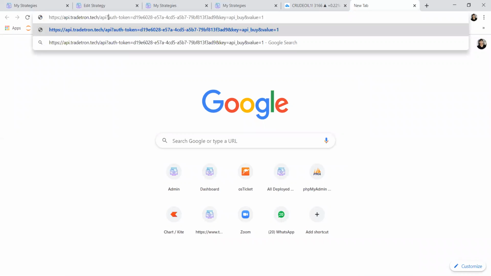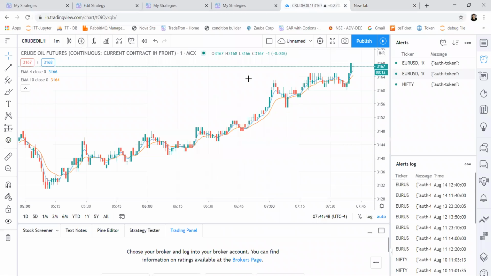And I just need auth token for now. So these are the pieces of information that I need. So I'm just keeping it open in a browser here. I'm not doing anything with it right now. So we'll see how to use it to configure your trading strategy on TradingView.